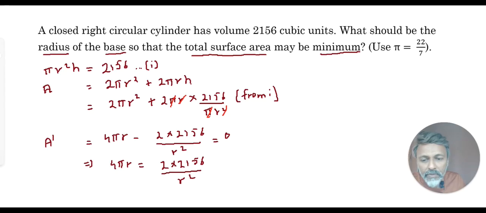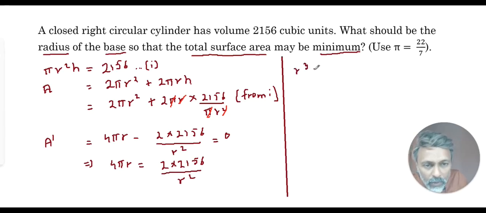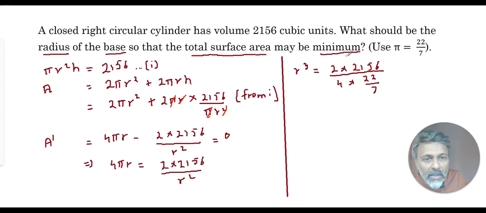divided by r square. We can cross multiply r square. We get r cube. So r cube is equal to 2 into 2156 divided by 4 pi, which is 4 into 22/7. We know 2156 is divisible by 11 as the sums of alternate digits are 7 and 7, and 7 minus 7 is 0. So the number is divisible by 11. 11 twos are 22, 11 ones are 11. Then 105 has 99, 9 times, and then 66, 6 times. We can also reduce this further and write 2 ones are 2, 98s are,